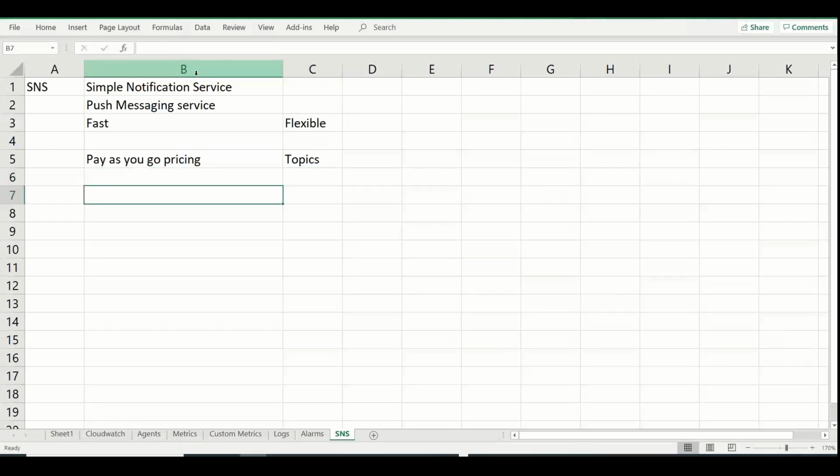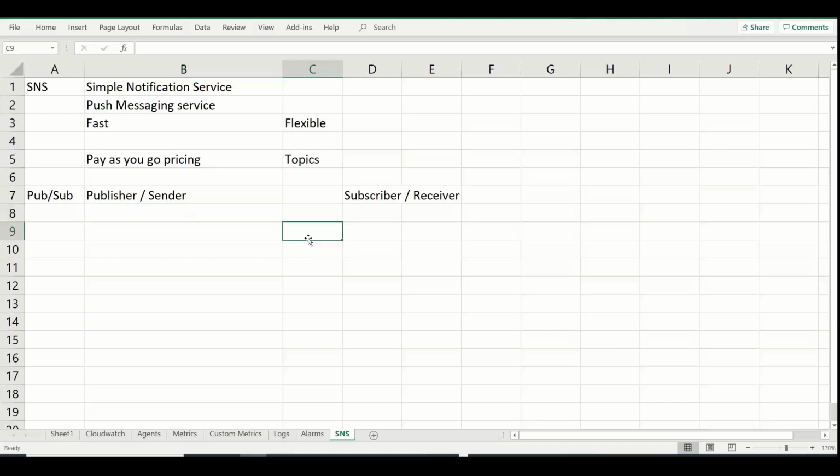So there are two things. One, if you want to publish something to multiple people, or if you want to send something, you can send it. And if you want to receive it, we call it a subscriber, right? Subscriber has to accept it, so receiver. So we call it a pub-sub service, publisher subscriber service. Which means we need to have an SNS topic created, and we need to go and configure the event or a situation when this particular alert has to be triggered. And you can actually have multiple ways of doing it. If you want to just send it as an email, or if you want to send it as an SMS,